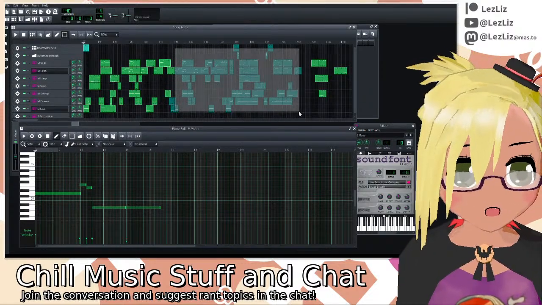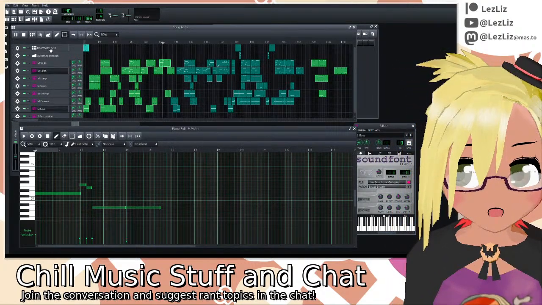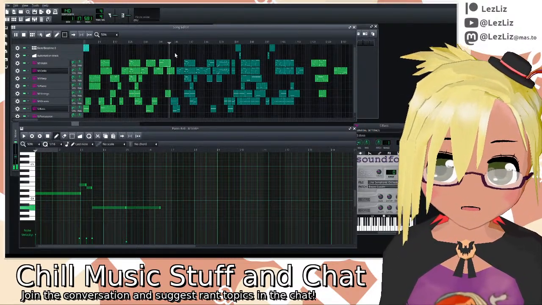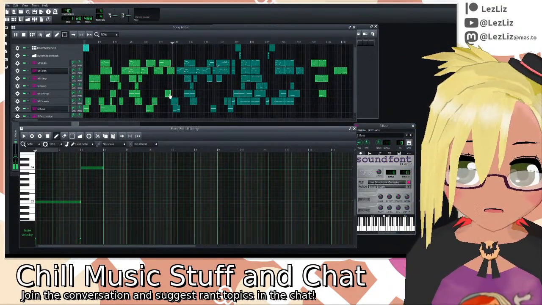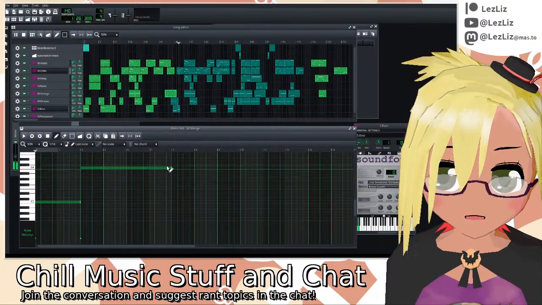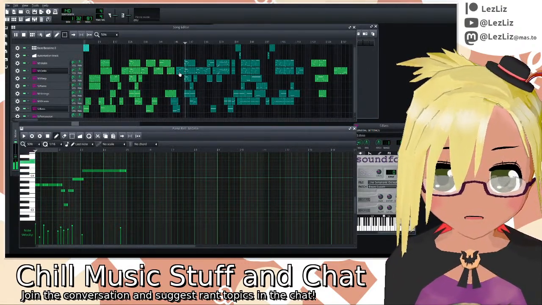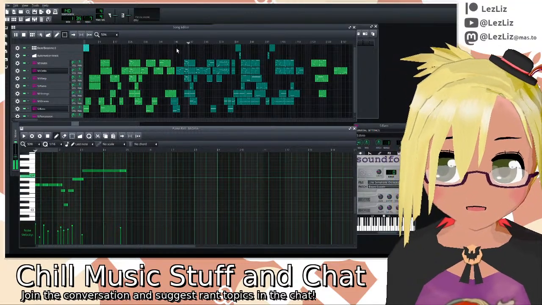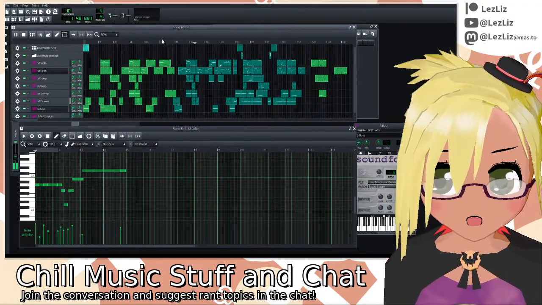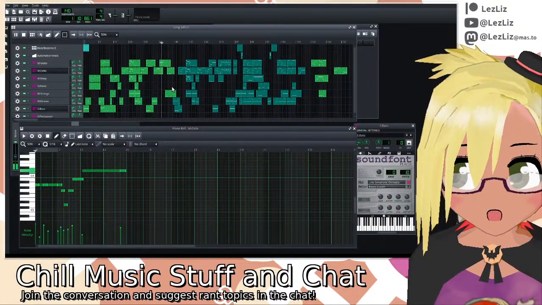I wonder what happens if I just add like a gap there basically. I guess it kind of works, and maybe make the gap bigger to make it sound like it's more intentional.